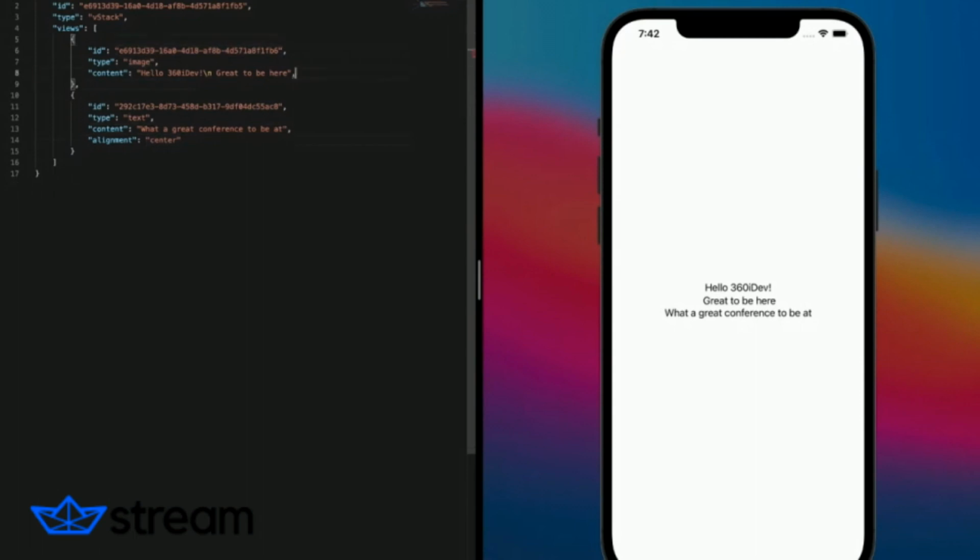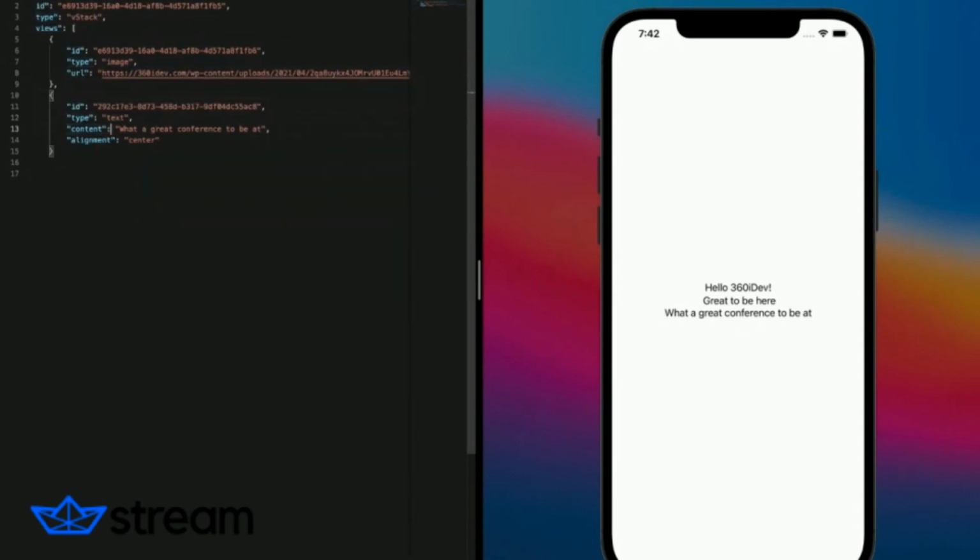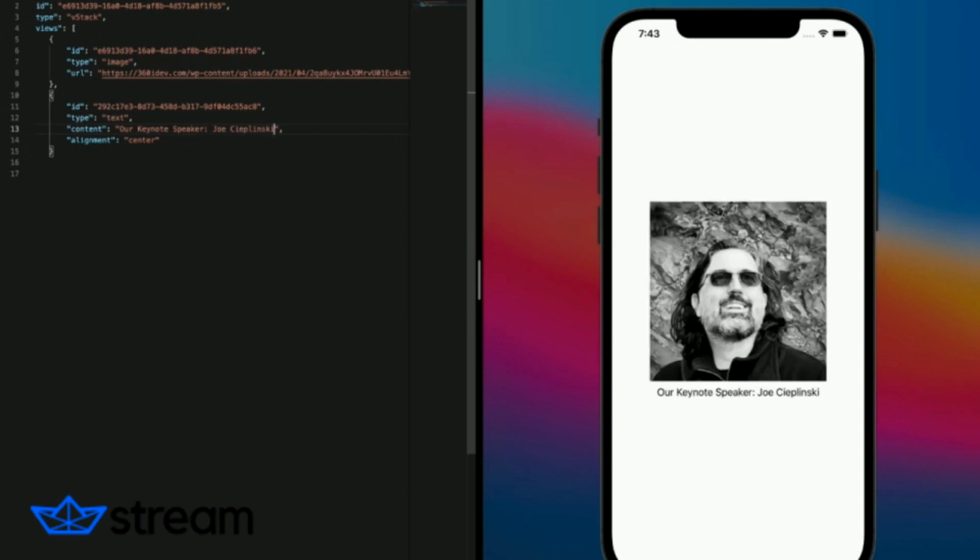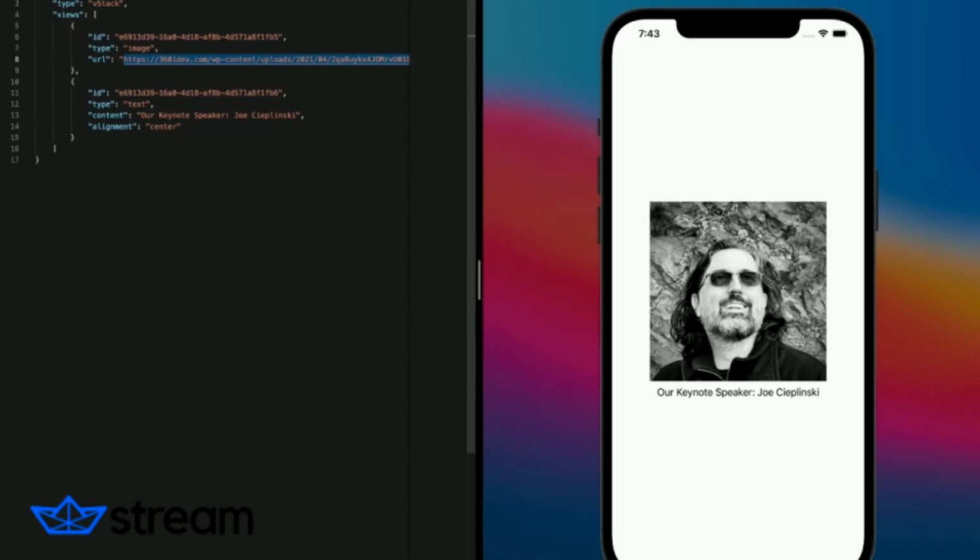So let's look at the next example, where we actually go in and do a little bit more work. If we look at the sample that we had before, we still have the two texts in a VStack, but let's say we want to change that and create an image instead of the text from the first. We'll simply change the type from text to image. We add a URL to it, which is just an image that is on the 360 homepage. We also change the text. Right, and as soon as we changed it, the text actually changed, the image came up, and it would auto layout everything that you had with the alignments that you wanted it to be.